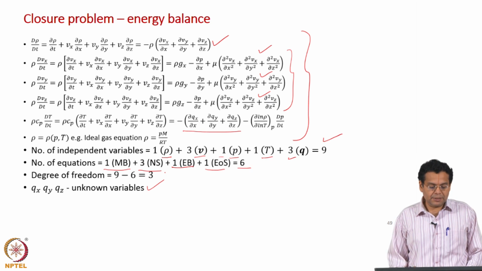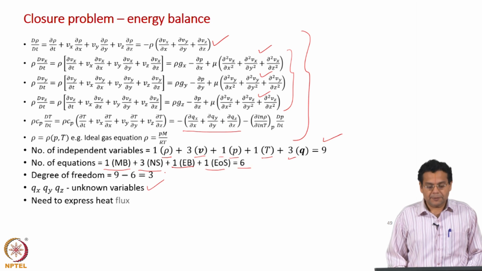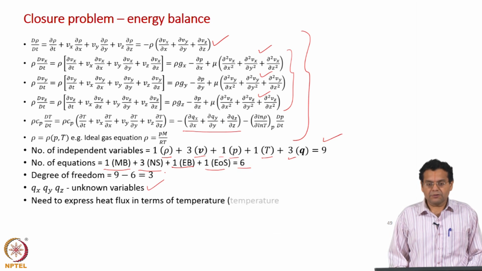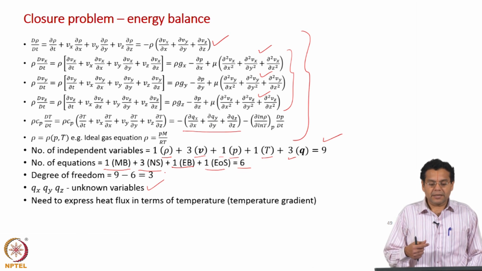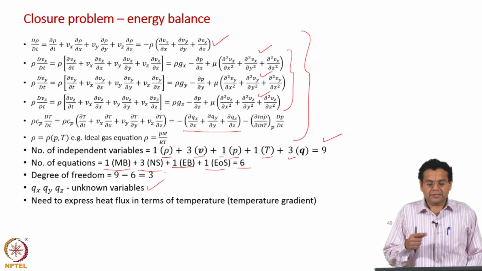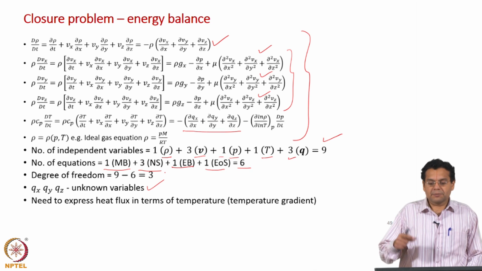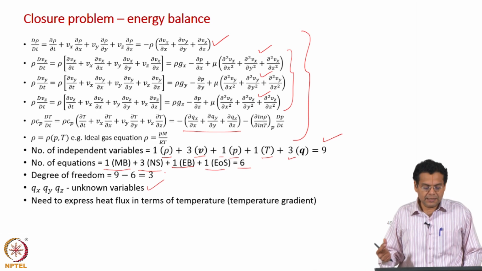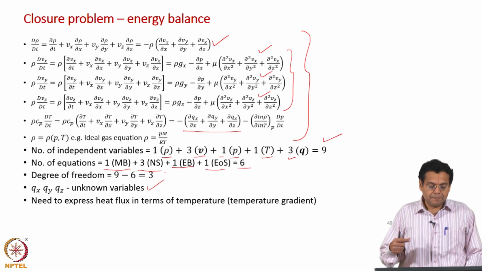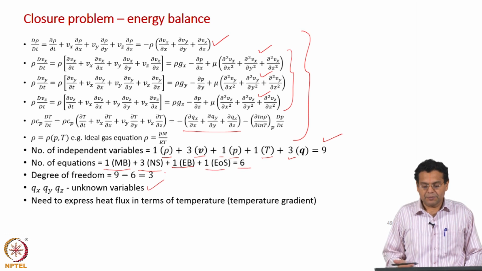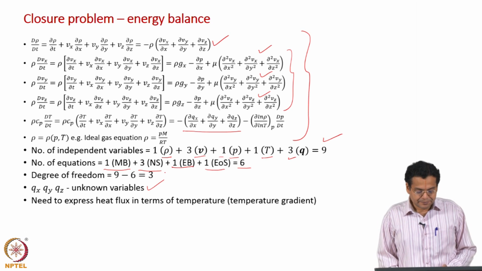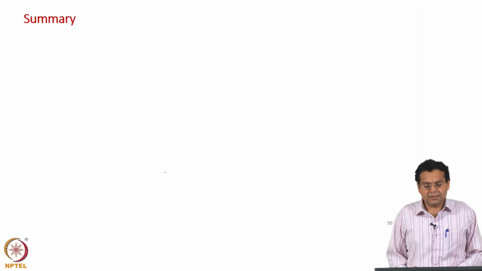So, an analogous statement, just like we saw in the previous slide, what is that? We need to express the heat flux in terms of temperature gradient. That is why I said in the previous slide, the interpretation of tau in terms of molecular momentum flux is more useful now, and we said molecular momentum flux has to be expressed in terms of velocity gradient. The analogous statement now is that we need to express heat flux in terms of temperature gradient. Okay. So, very much analogous. Okay, let us summarize what we have discussed so far.